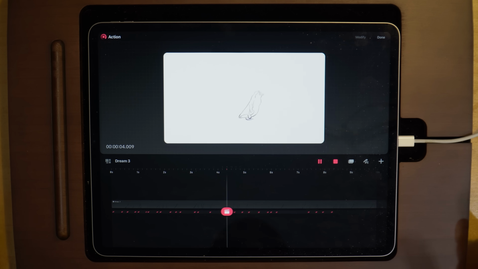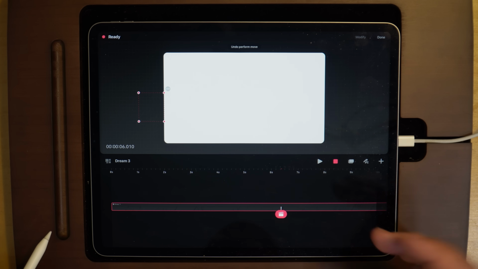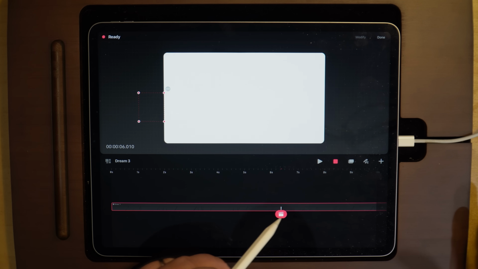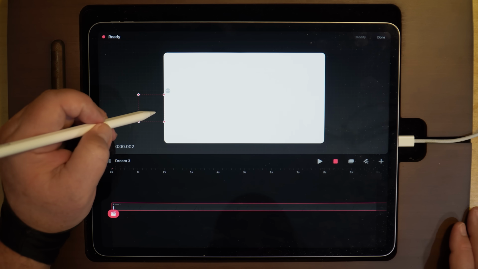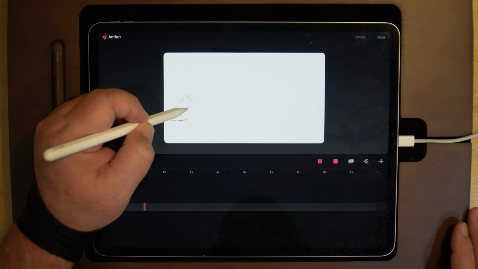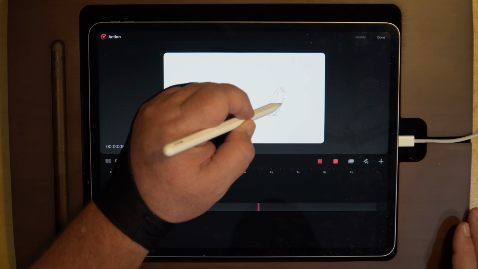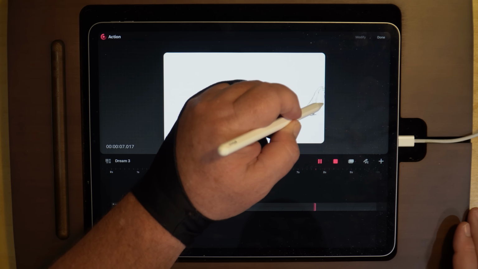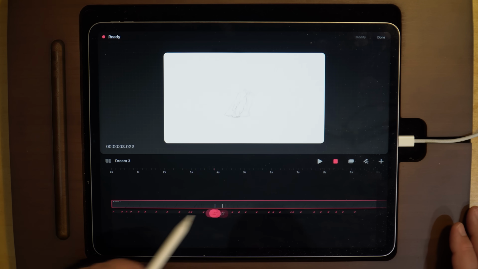Now you can see in the beginning, it was a little bit clunky. So I'm going to go ahead and stop, take 2 fingers, tap, and I can reset it. So I'm going to come back to the beginning here, just like so. We're going to come back to the beginning, and I'm going to do it again. And if we move back to the beginning,